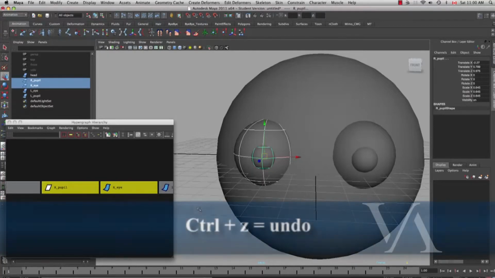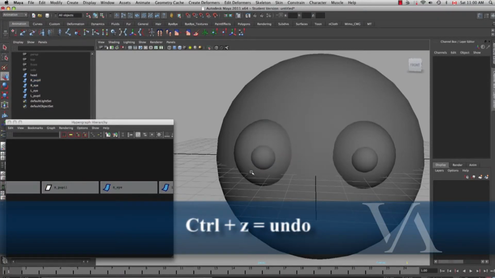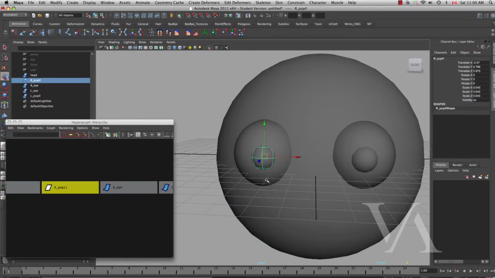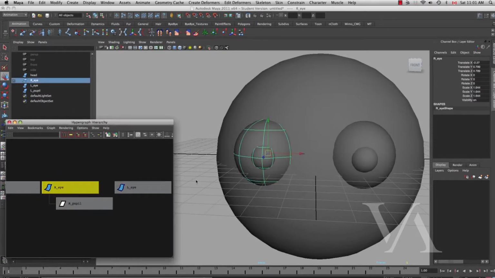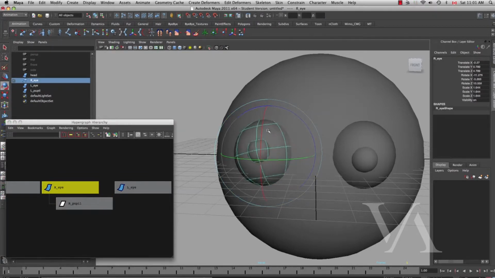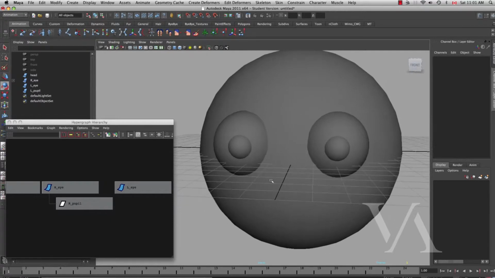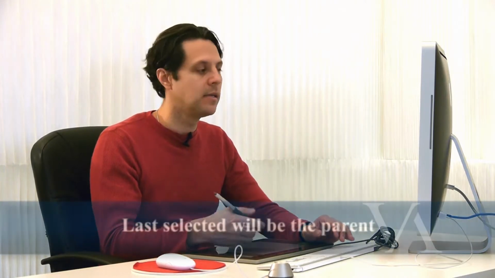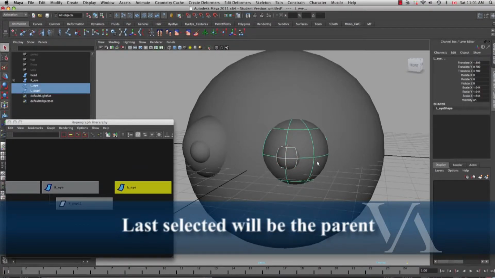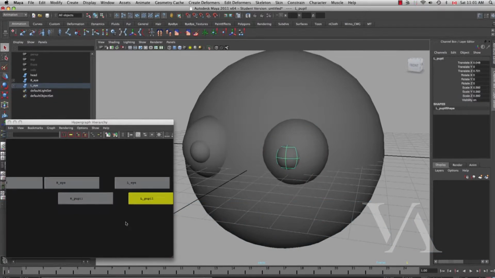So you can undo by pressing Control Z and then just remembering which one you select first. So now I'll go for the pupil, and then the next one would be the eyeball, and then press the P, and now this is working. Now the eyeball is actually the dad or the parent of the pupil. So again, once you get it going, you kind of create a memory up here, and now you know how this works. So you know that the last one you select would be the parent. So pupil, and then the eyeball. Press P right there, and now this is getting to be